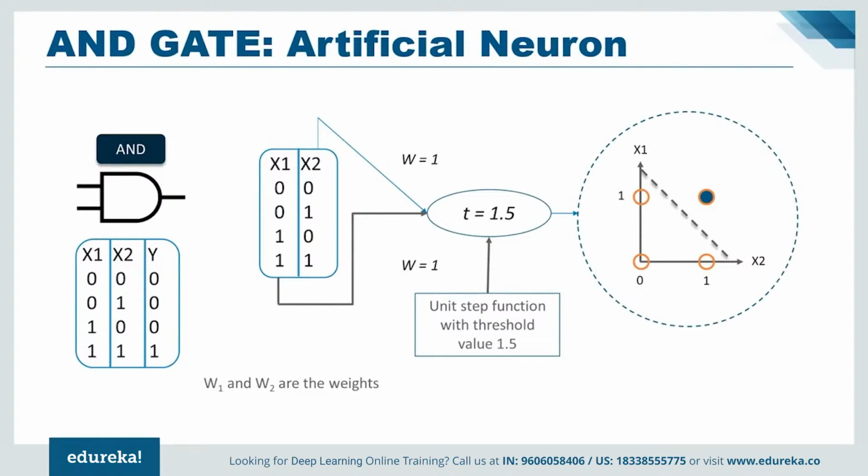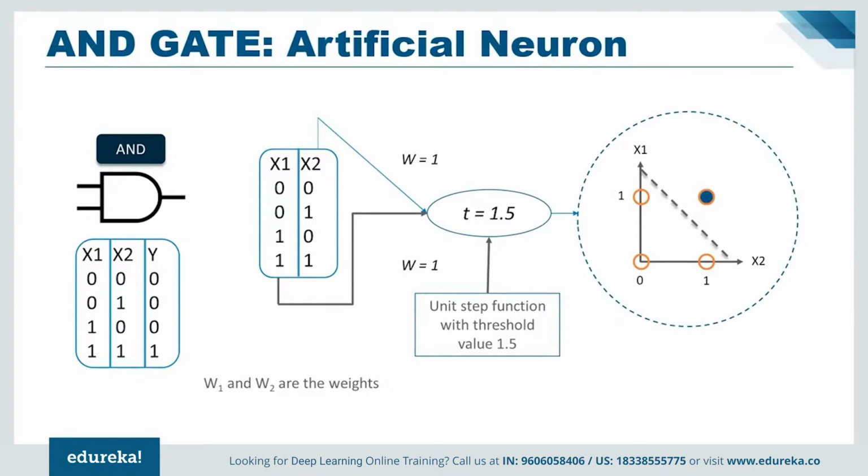You guys might be familiar with AND gates. I will be using this as an example to explain how a perceptron works as a linear classifier. As you know, an AND gate produces an output of 1 if both the inputs are 1, and 0 in all the other cases. Therefore, a perceptron can be used as a separator or a decision line that divides the input sets of an AND gate into two classes. Class 1: inputs having output 0, which lie below the decision line, and class 2: inputs having output 1, which lie above the decision line or the separator. The diagram here shows this idea of classifying the inputs of an AND gate using a perceptron.